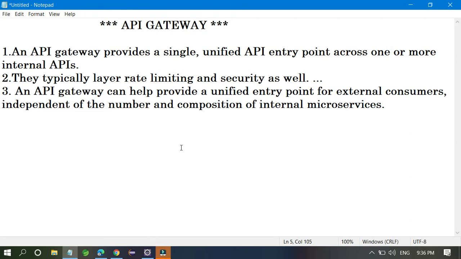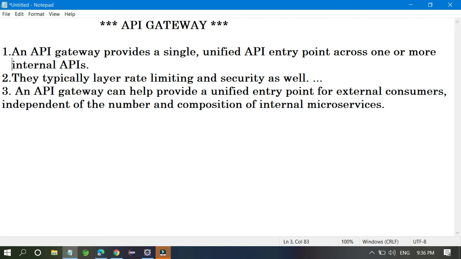In this video, we are going to learn about API Gateway. I am going to cover what is API Gateway and what is the need of API Gateway, with complete project examples. Okay, so let's start now. Before going to understand API Gateway, we need to understand the architecture of microservices. Then only you will understand what is the need of this API Gateway.